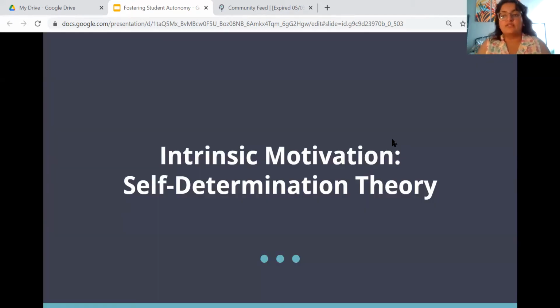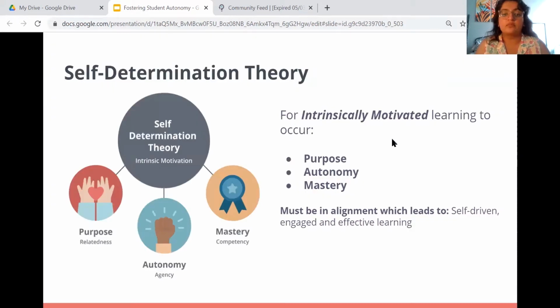So a lot of this is really making sure that students feel like they have intrinsic motivation to engage with the material. And that's where we really bring in self-determination theory. Self-determination theory is a psychological theory that came out of the University of Rochester in the 1980s, and it essentially was looking at the science of intrinsic motivation. Why do I want to do this task for the love of the task itself rather than some sort of extrinsic reward? And so they found that for intrinsically motivated learning to occur, these three aspects need to be in